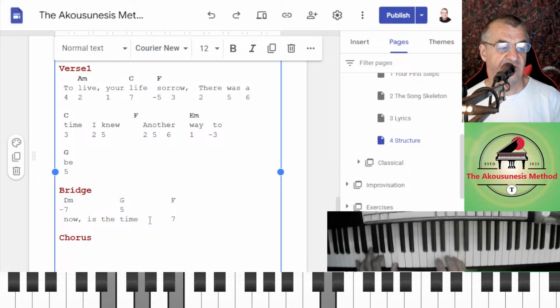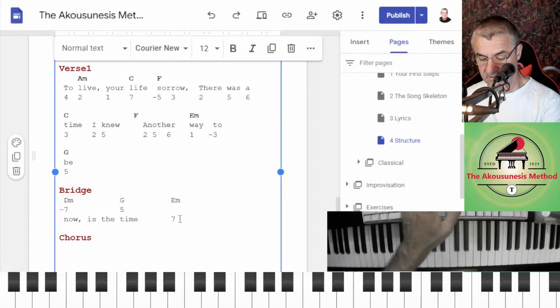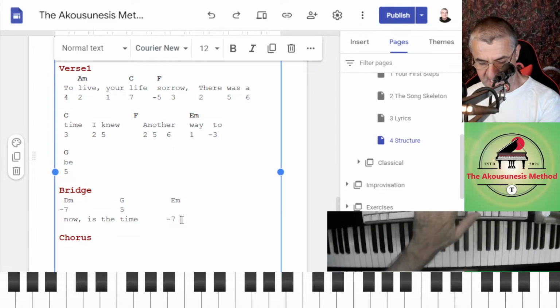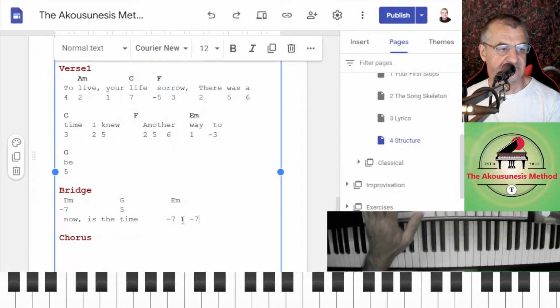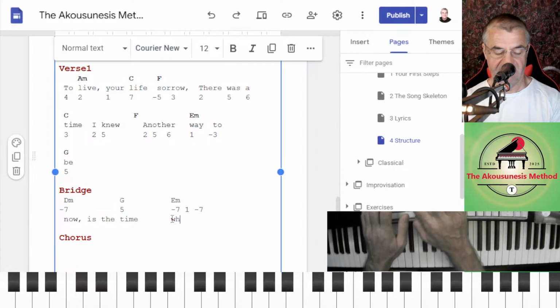So that's 7, E minor 7. We'll do an E minor now. Back with a minor 7. So we'll shove that there like that. Now is the time when all is. Yeah, definitely. I'll put it up here. 1 and minor 7. That's in the wrong spot. When all is new. I don't know if the words mean anything yet. When all is new.